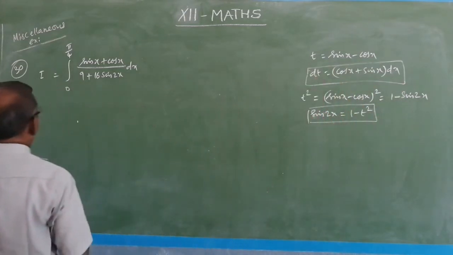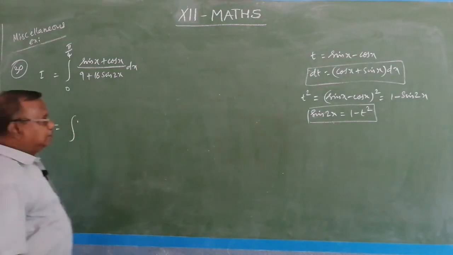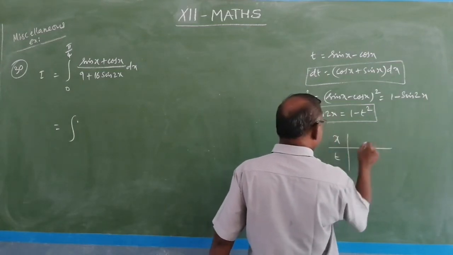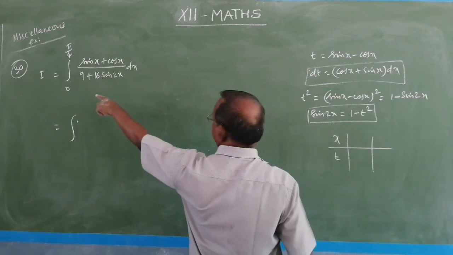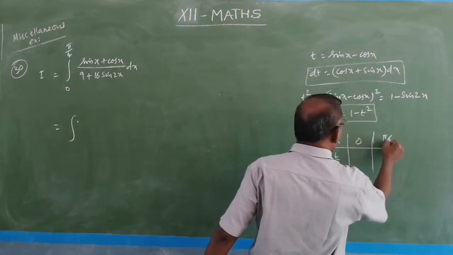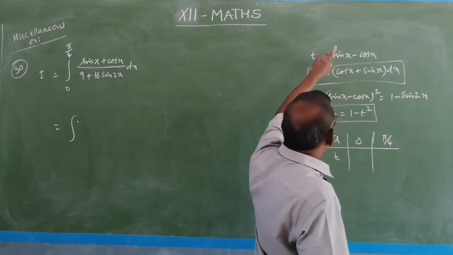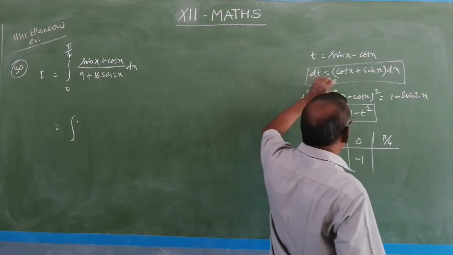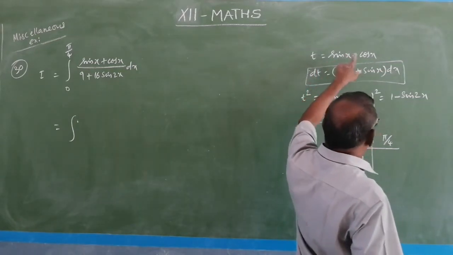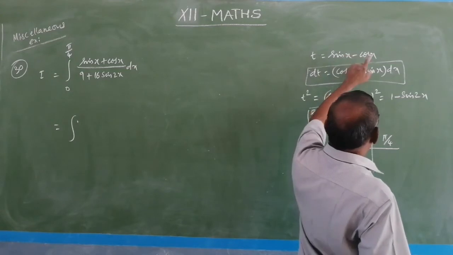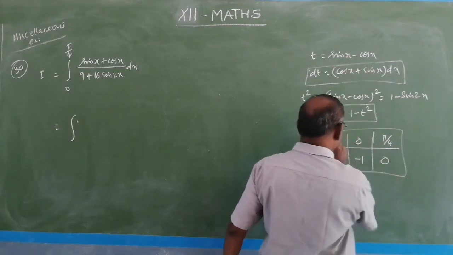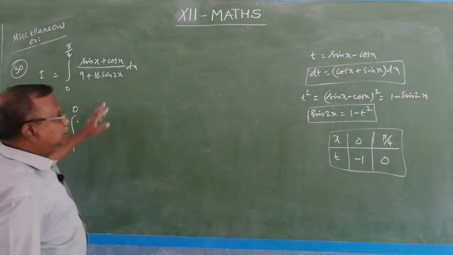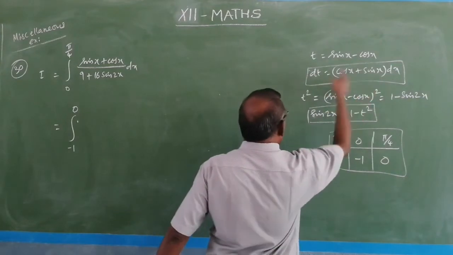Now this is equal to integral. Now we have to change the limit also. Now x and t. So we have for x 0 to pi by 4. Here when you put 0, sin 0 equal to 0, cos 0 equal to 1, so it is minus 1. And when you put pi by 4, sin pi by 4 is 1 by root 2, cos pi by 4 is also 1 by root 2, 1 by root 2 minus 1 by root 2 equal to 0. So this is the new limit. So applying this, it is minus 1 to 0, and the numerator sin x plus cos x into dx equal to dt